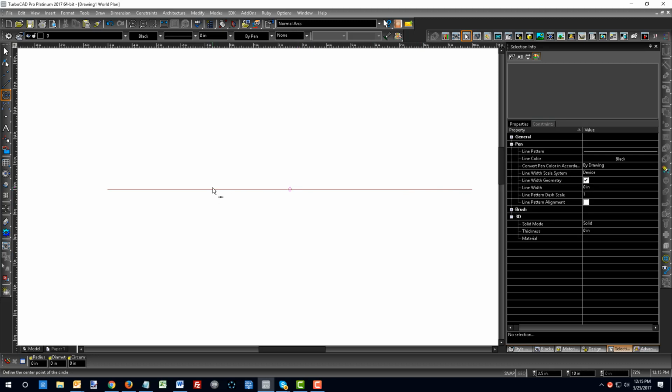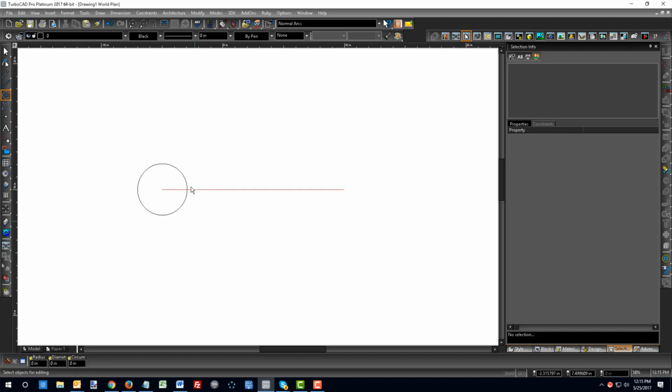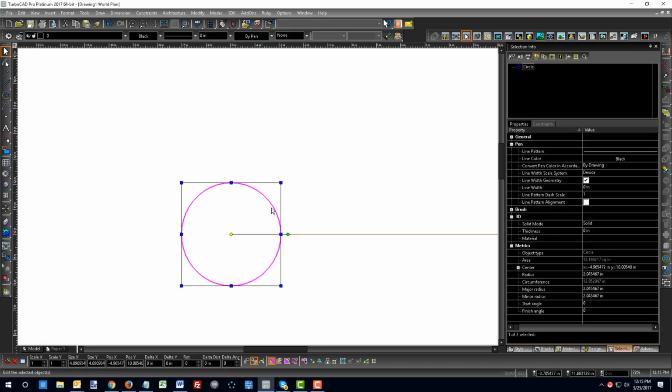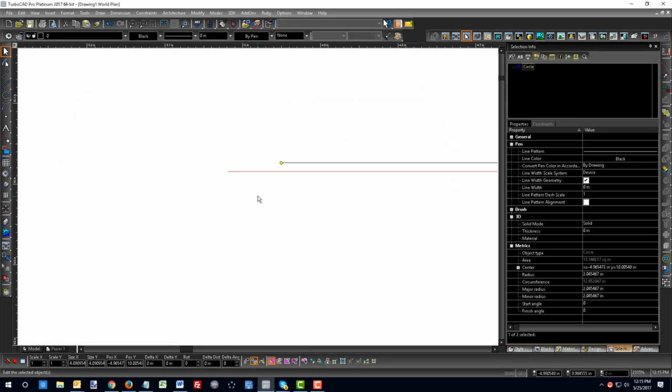And these are the snaps, and the snaps allow me to draw accurately without having to worry about precision, because the chances are if I didn't have my snaps on, which I can turn off by clicking there, and I tried to do the same thing, if I put my cursor here and go, okay, let me draw exactly on that endpoint, and I click and zoom into the reference point, oh, look at that, it's a little bit off. So the snaps allow me to